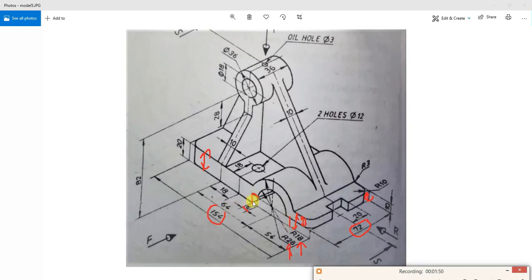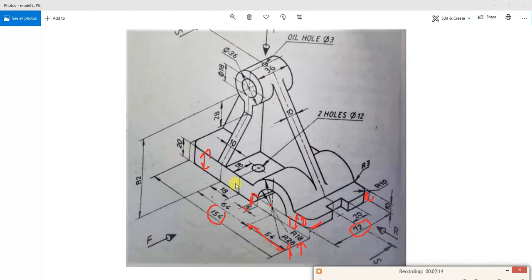Next, the center of these two semicircles is at a distance of 54 at this edge.